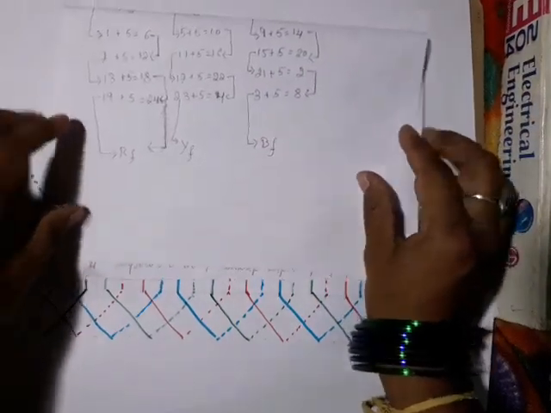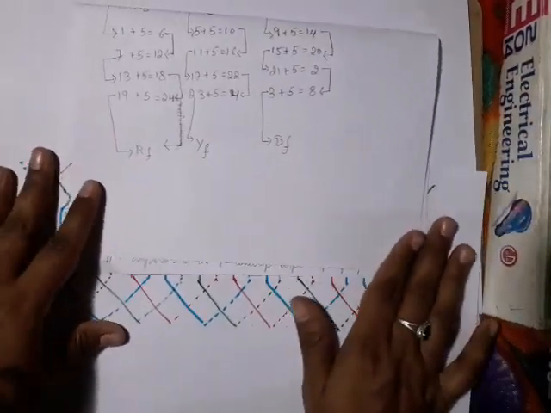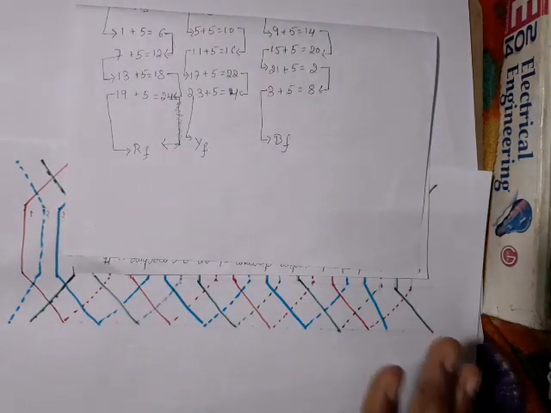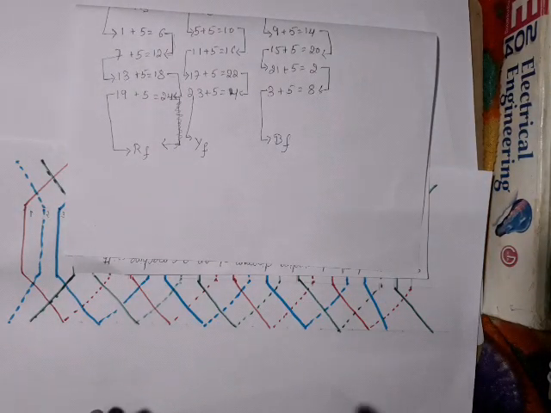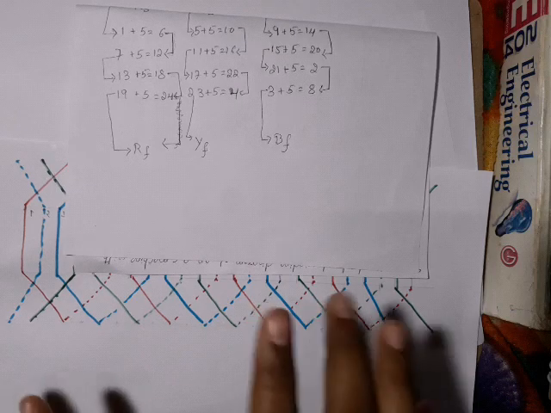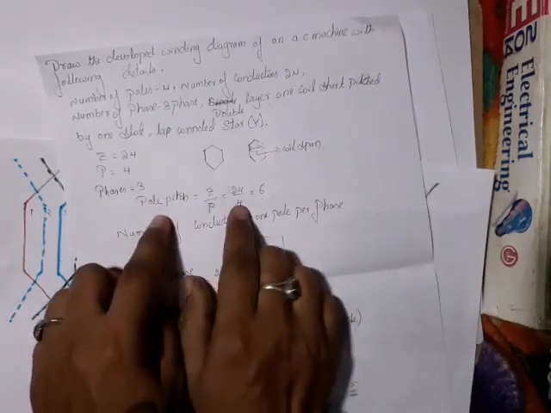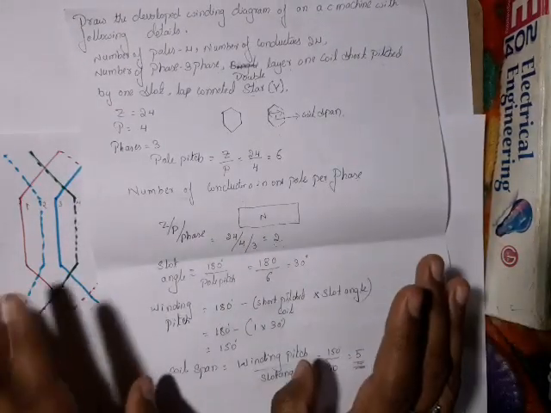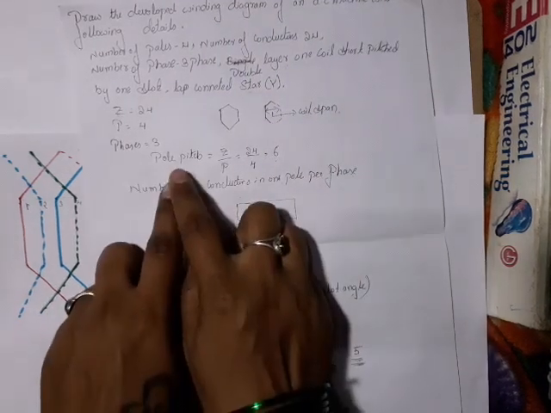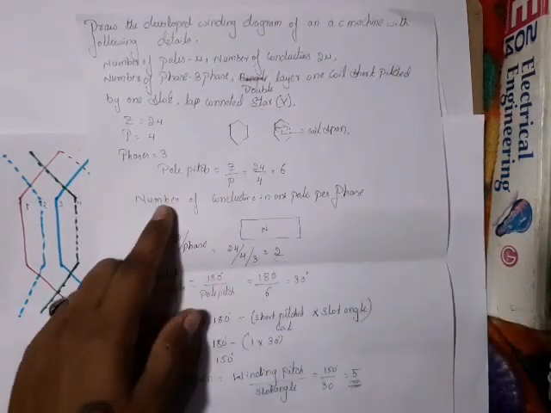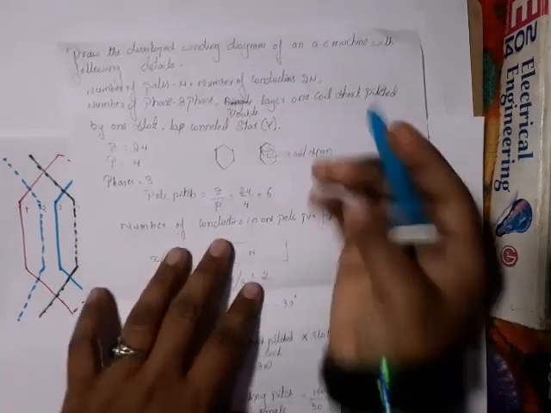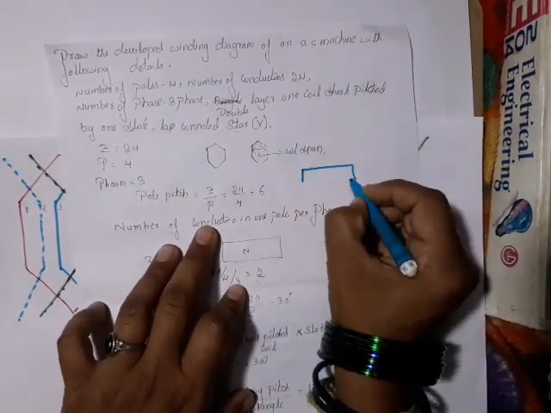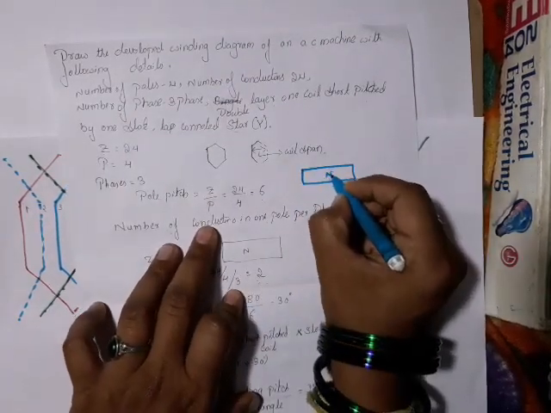Then we need to go for the second connection. Yes. From this connection we can make the coil to coil connection. So here we already calculated pole pitch. How many poles we have? We have totally 4 poles. We have to write. Pole pitch means the distance of the pole. I have one pole here, North Pole.